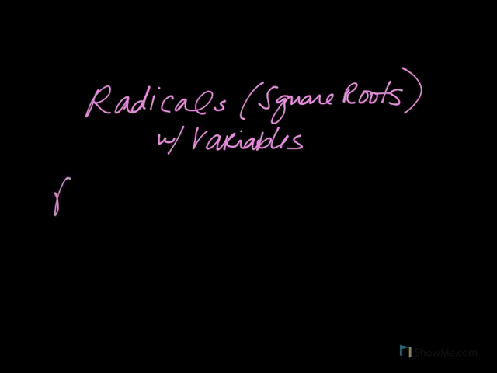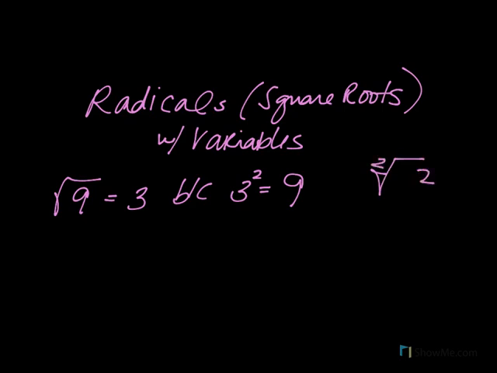So for instance, when you have the square root of 9, that is 3 because 3 squared gives us 9. So the radical and the square root of 2, because it also has an index of 2, cancel out. Okay, so we're doing our square roots. But now we're going to take a look at variables. So for instance, if I have the square root of x to the,